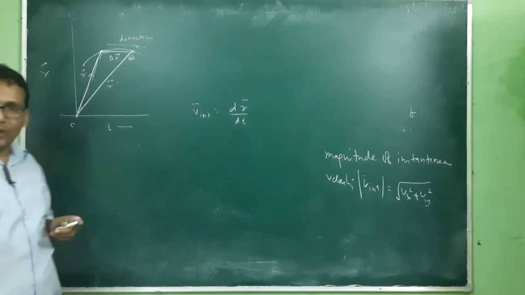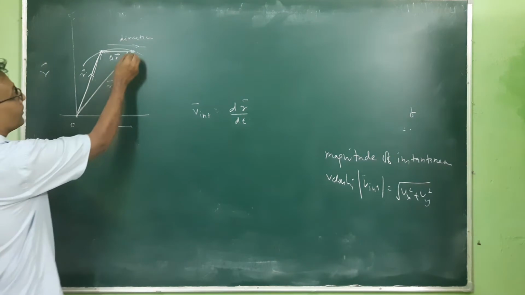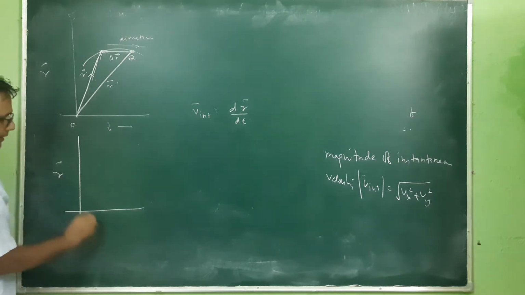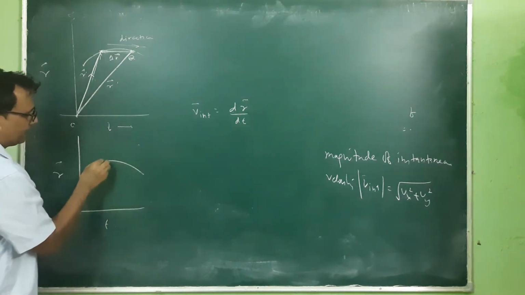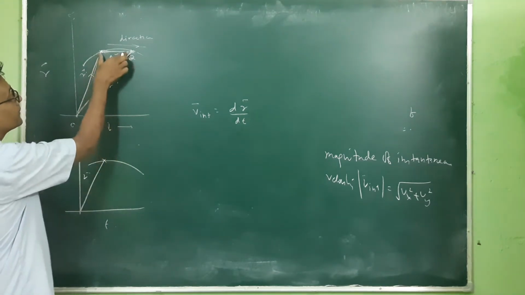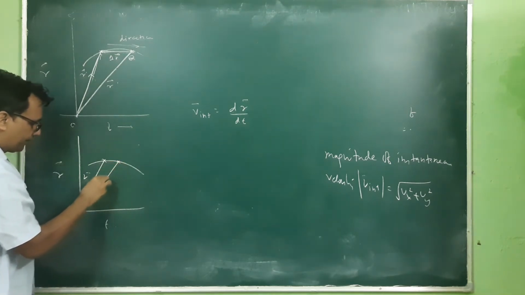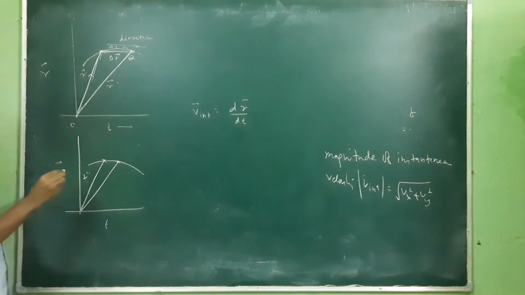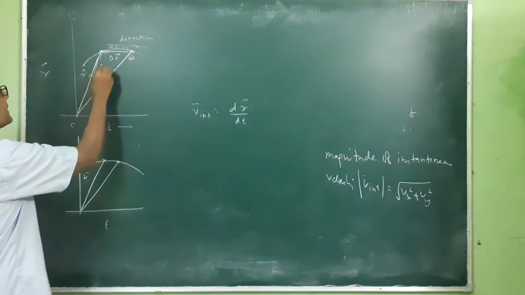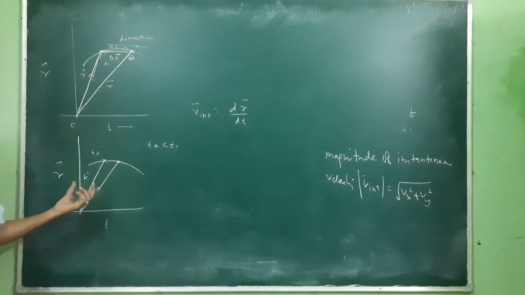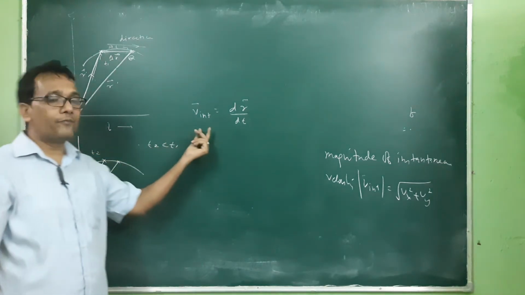क्यों? क्योंकि हम टाइम को रिड्यूस करते जा रहे हैं. टाइम को रिड्यूस करते अगर जाएंगे तो क्या होगा? फर्स्ट टाइम दिस इज द पॉइंट. Second, that plot may be like this: vector r and this is vector 2, and this is the same path, and this is r, and here let's take the second point. So now the time taken, this delta t, will be reduced here. टाइम कम लगेगा क्योंकि हमने पोजीशन स्पेस, डिस्प्लेसमेंट कम कर दिया. So this is t1 and this is t2, so that t2 will be less than t1. कम टाइम लगेगा.